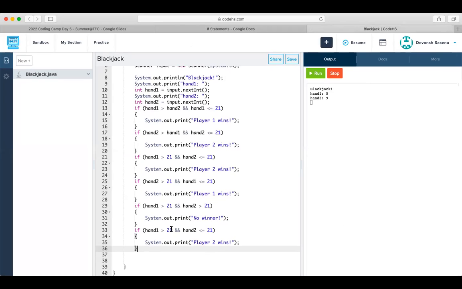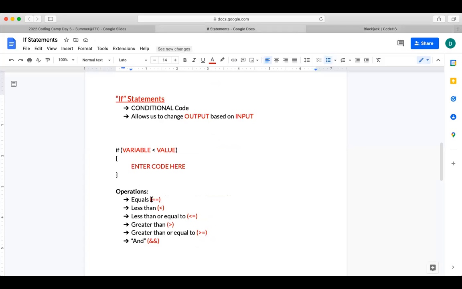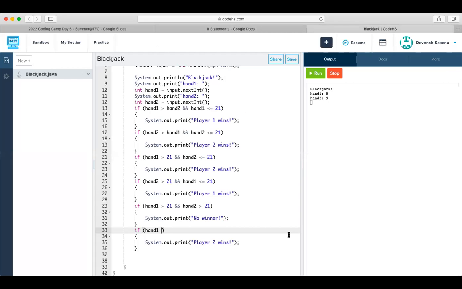So we need to see what happens if hand one and hand two are the same. For this, like we said, hand one and hand two are going to be the same score. That is what we're trying to figure out. So all we need to do is have if hand one equals, once again, the equals operation is right here, the two equals symbols. If hand one equals hand two,